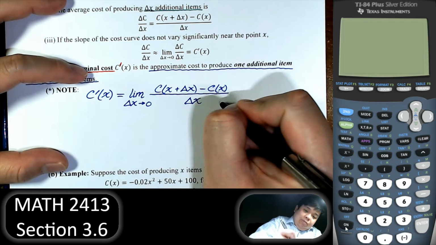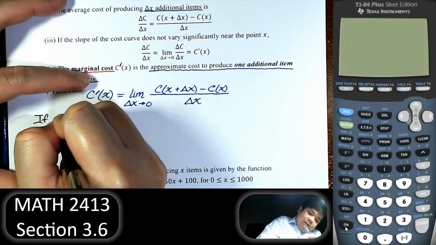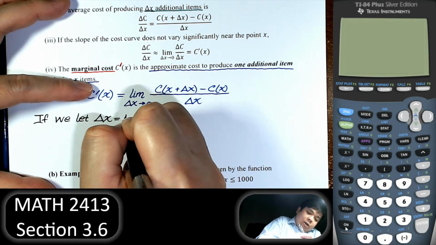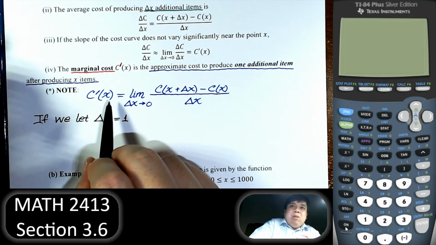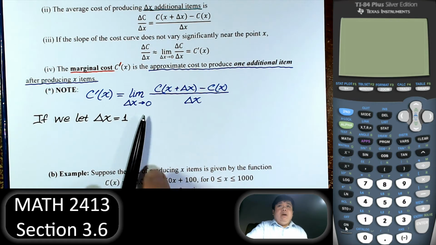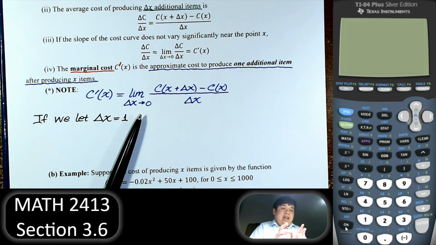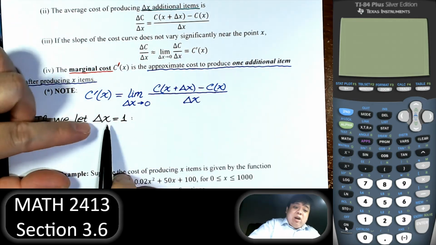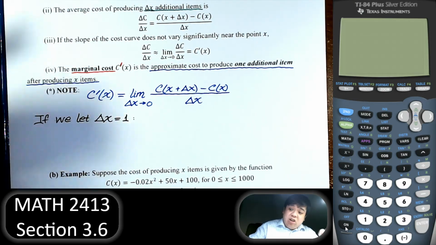So notice that if we let delta x equal to 1, then this is no longer equal to, but 1 is still considered a small number, right? Because we go to 0 and x is the number of items. The number of items cannot get fractional values. So 1 is pretty much the smallest you can get, right? You can get 2, 1, you cannot get half of an item. Usually not the case. So when delta x equals 1, even though the equation is not exactly equal,